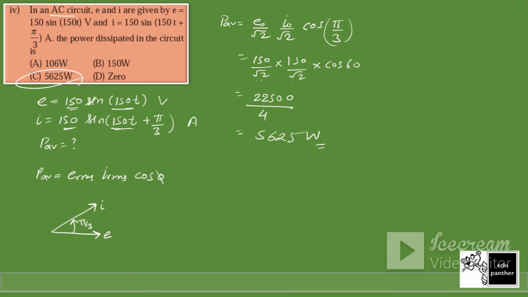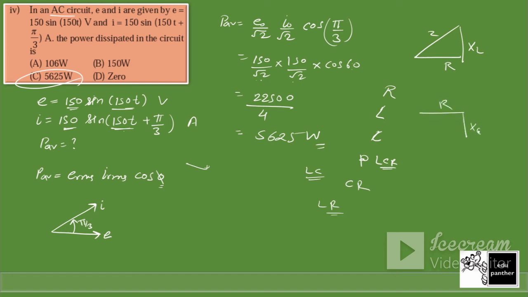So the formula for power is ERMS IRMS cos phi. We can use this formula for anything. Anything means for a resistive circuit, for an inductive circuit, for a capacitive circuit, or for an LCR circuit in which you have all three components. Or you can use this formula for LC also, or CR also, or LR, means different combinations. You just have to modify this formula. The value of phi will have to be modified based on this impedance triangle. Like if you have only an inductor, there will be only XL, and this is Z. If you have only R and C, then this is R, and this is your XC, and the graph will be like this. This will be your Z.